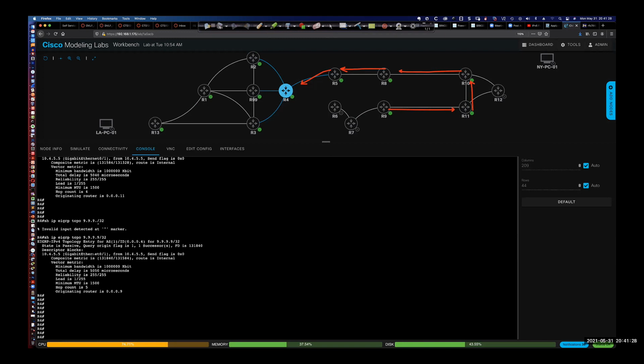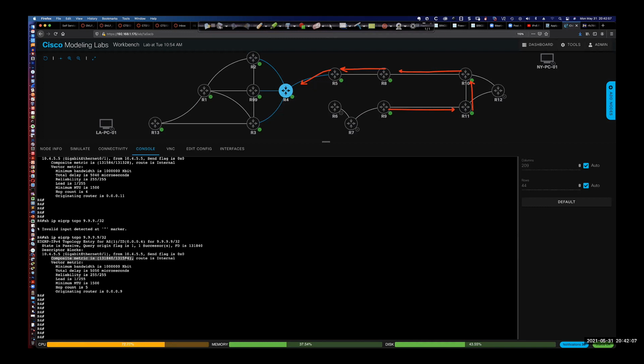So you can see here that that is our successor right there, 10.4.55. So from router 4's perspective, the successor is just the next hop router. Who do I go to get to this network? And you can see here that it is 10.4.55, and that's the IP address on the router 5 interface right here. Now, when we take a look here, you can see the composite metric is 131840, and then it shows this other